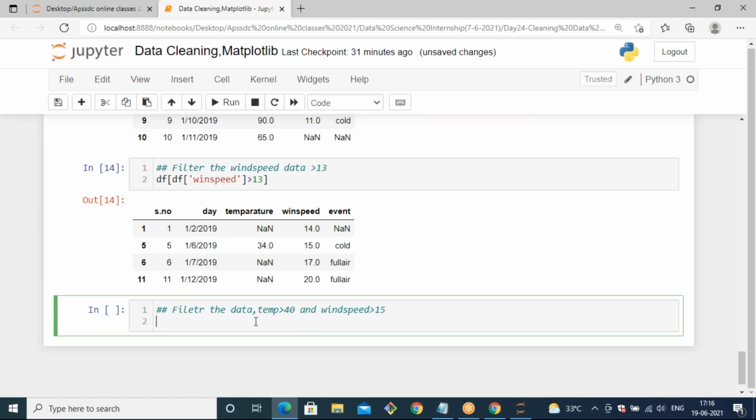That means I want to filter both columns, temperature and wind speed, and the condition for temperature should be greater than 40 and the condition for wind speed is greater than 50. Finally I want to get the results where the temperature is greater than 40 and the wind speed is greater than 50. That means here we need to compare two conditions. Both conditions should be true for us to filter it, right? So try to do that. Yeah, okay, good. I got 2 responses.